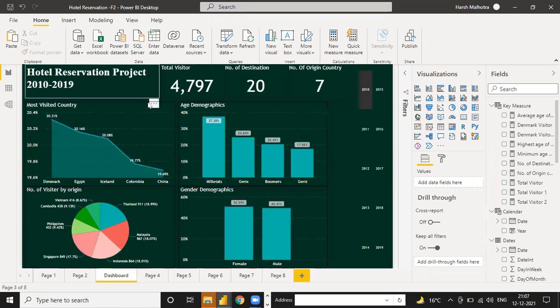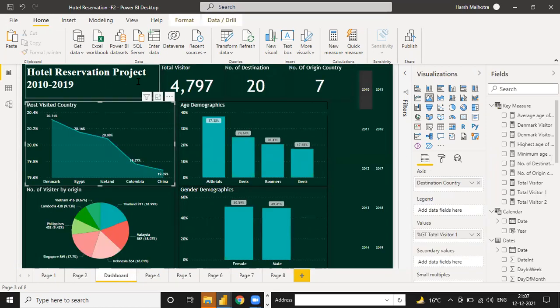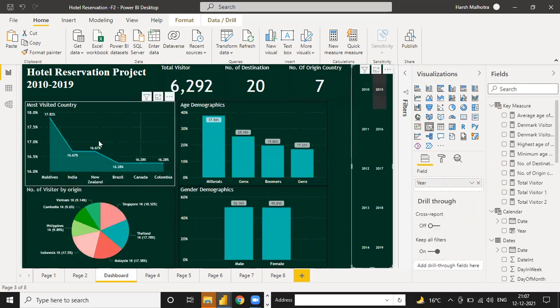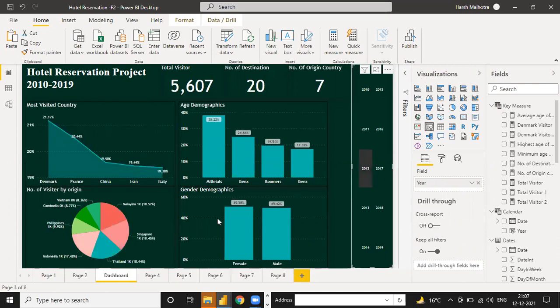See, this kind of dashboard we have prepared. This is a hotel reservation dashboard, like a project. It is for 2010 to 2019. Total visitors for 2010 only is 4797. If you click on 2015, it changes year by year. See, click on 2012, this value changes. So this is your total summary part.